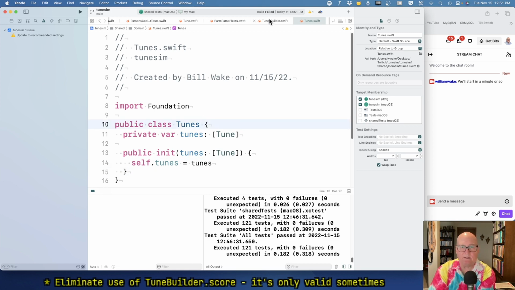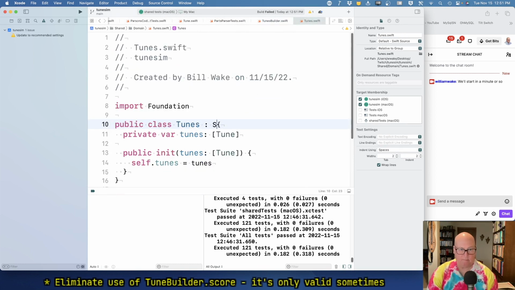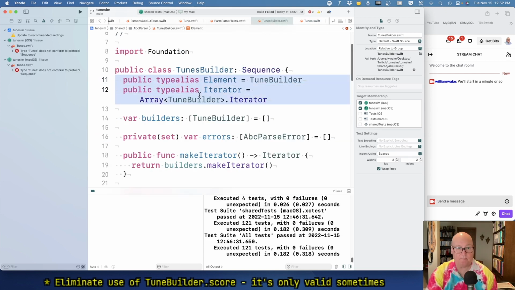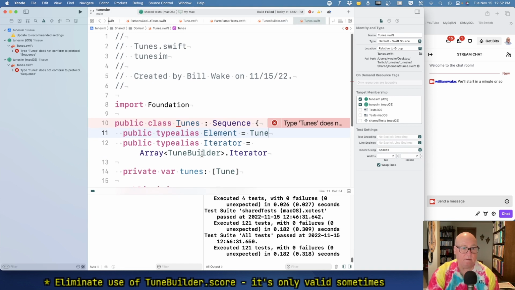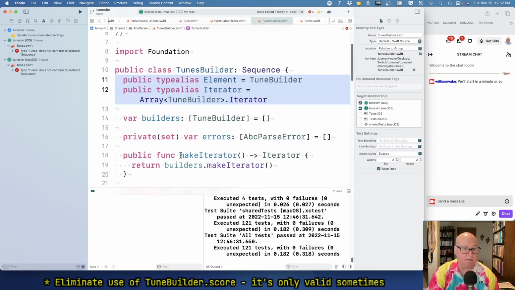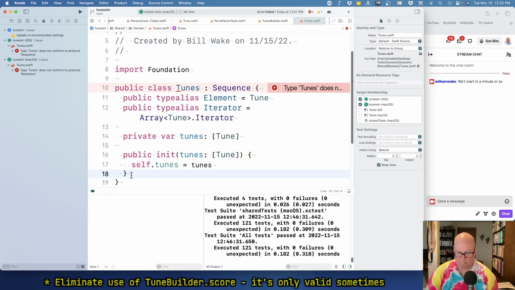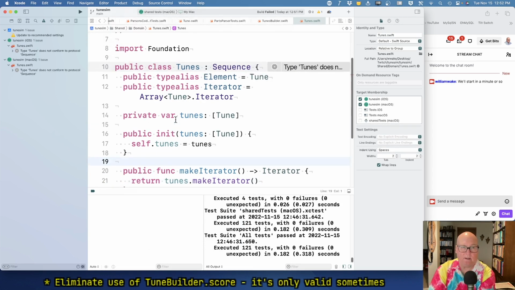Now maybe I need this to be a sequence. I don't quite know. We're trying to put it into that thing back there, so whoops. I think we want to parallel this. Okay, but we want to return tunes. Array tune iterator. And we need a make iterator method. Iterator return tunes dot make iterator. Okay, so now